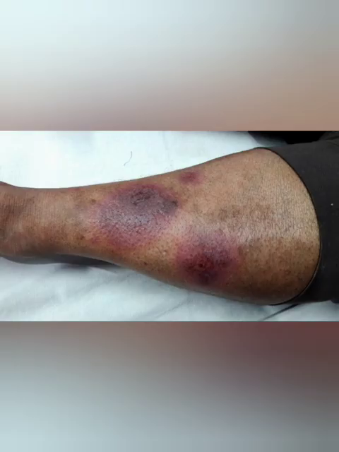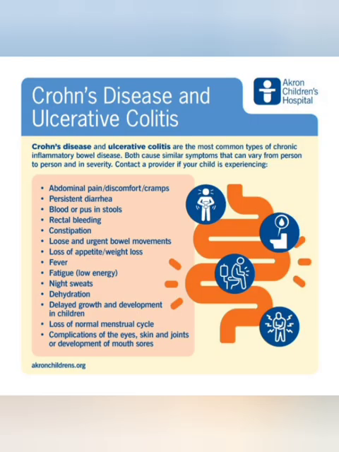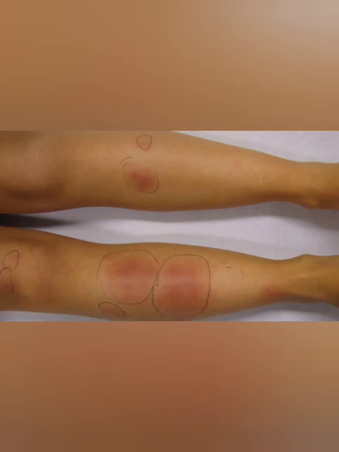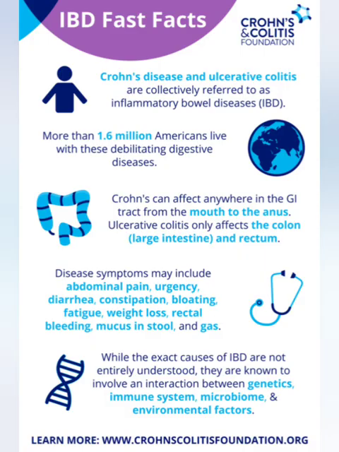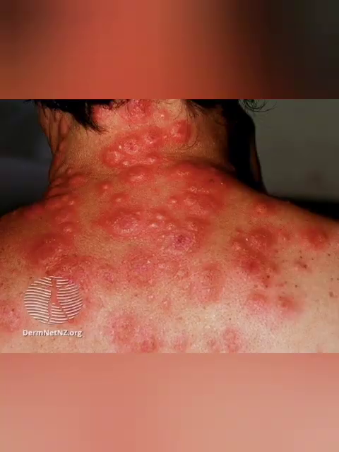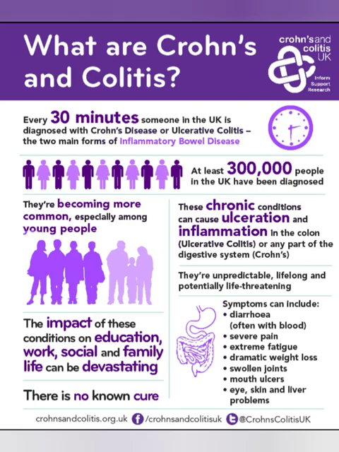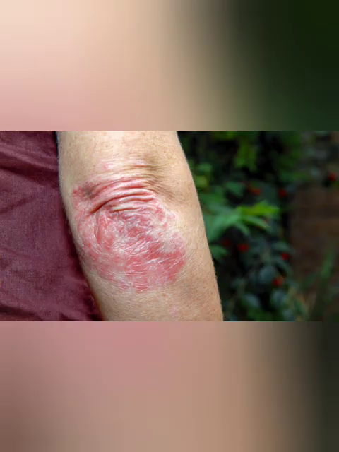Even if Crohn's disease does not cause an episode of gastrointestinal symptoms, a person may still have the following conditions that are completely unrelated to the gut: inflammation of the spine, ankylosing spondylitis; pelvic joint inflammation, sacroiliitis; inflammation of the eye, uveitis; inflammation of the bile ducts, primary sclerosing cholangitis; purple skin acne that may contain pus, pyoderma gangrenosum;